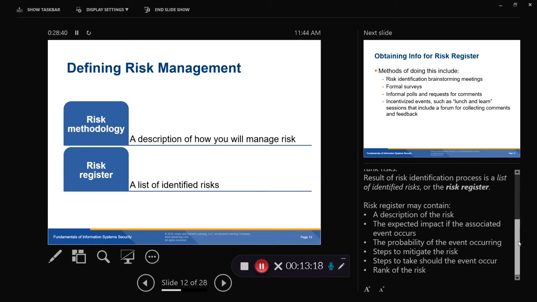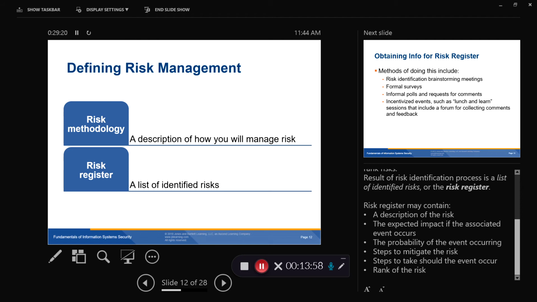The risk register, and this is important for you to know in terms of what it might contain, because you might be tested on this. The risk register may contain a description of the risk, the expected impact if the associated event occurs, the probability of the event occurring, the steps to mitigate the risk, the steps to take should the event occur, and the rank of the risk. Your company may quantitatively rank these risks from one to who knows how many in terms of the risks that your company faces. So again, this is something that you're going to need to know